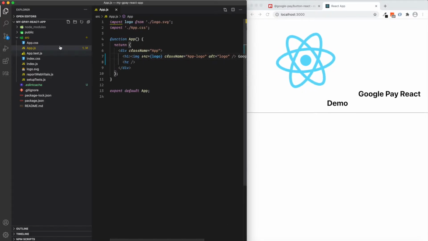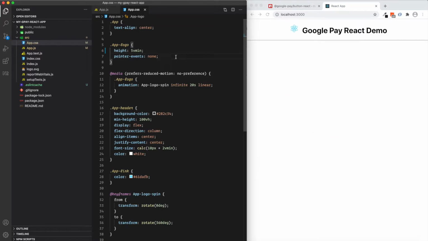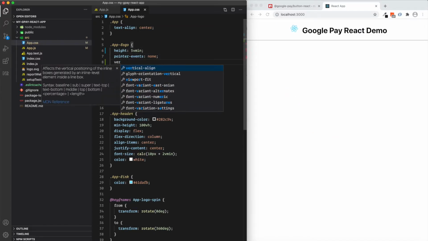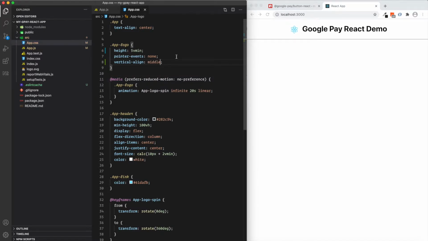So let's adjust the CSS a little bit here. Instead of size 40 VM, we will say 5, and then we can say vertical align middle, so it looks nice.